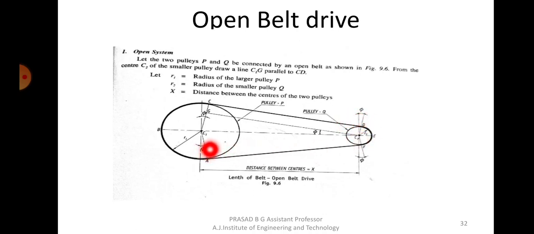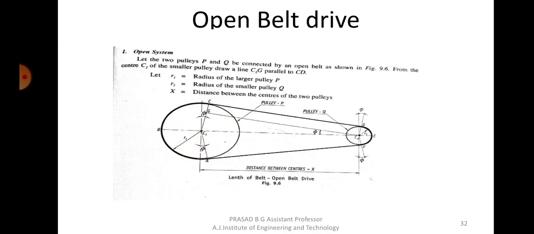Now what will happen in the case of creep is, because of this slack side, when the belt suddenly goes from here and enters the tight side, there will be a sudden stretching taking place, because it was loose and then suddenly goes through the tight side. Automatically stretching will take place in the belt. In the same way, when it comes from the tight side and goes towards the slack side, it will contract again because that stretch won't be there. It was stretching, then it is being released.